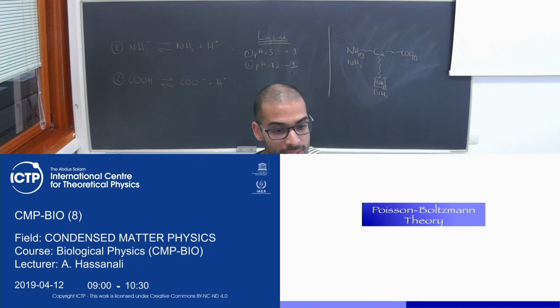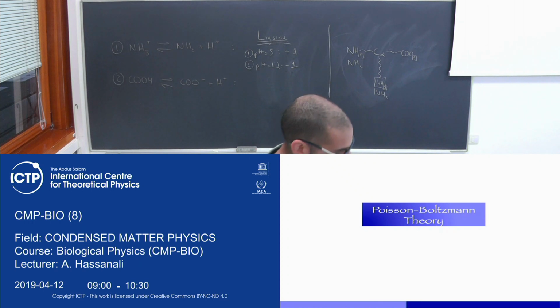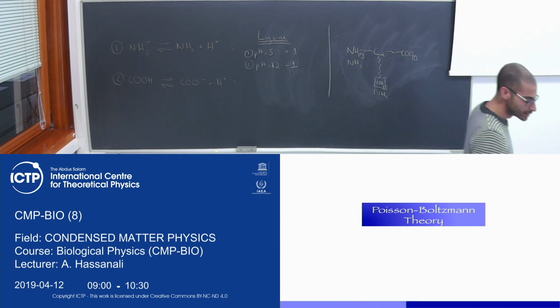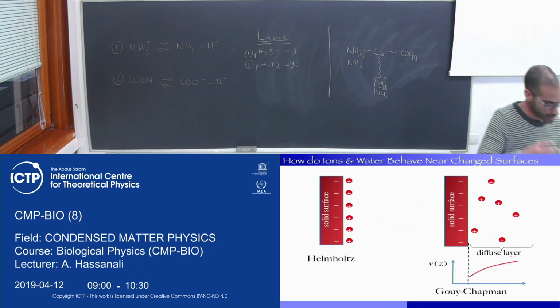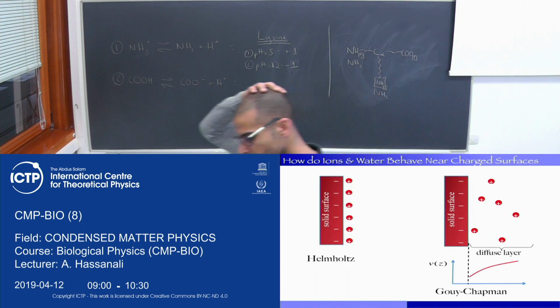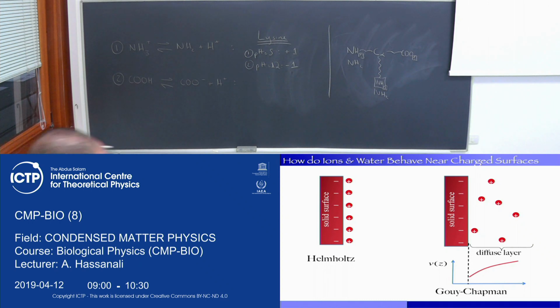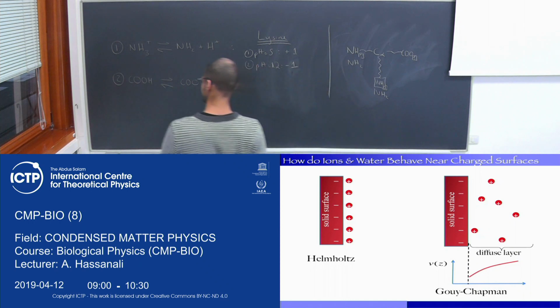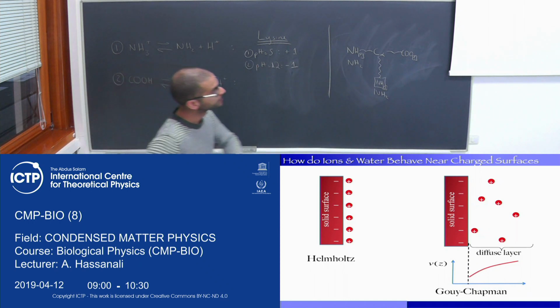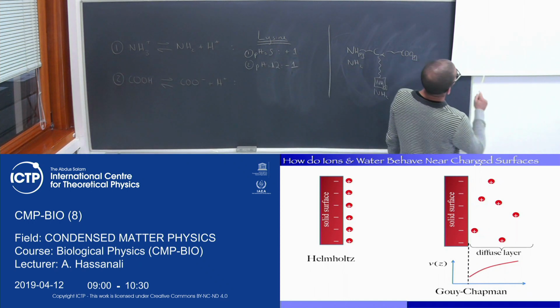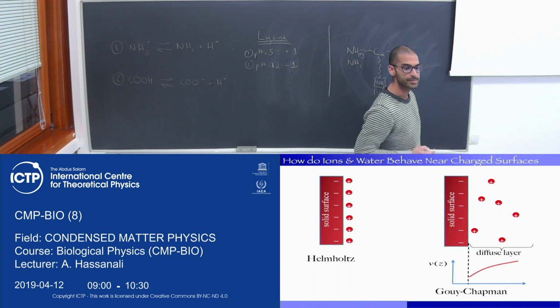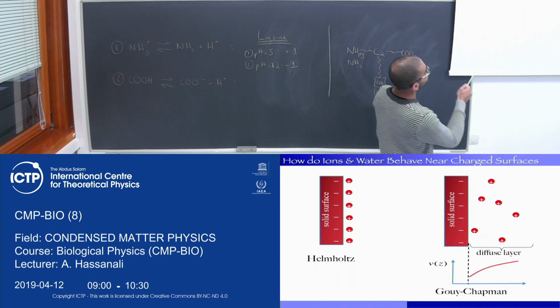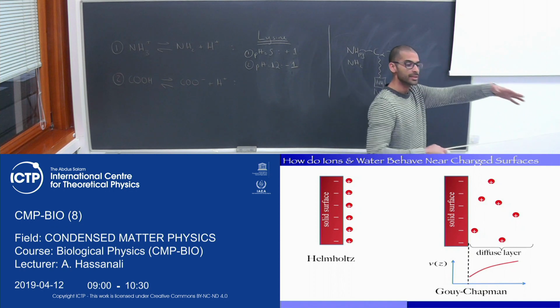What is the distribution of ions? Does it have any special or particular properties? How can we think about it? Now, this is let's say a very standard problem in electrochemistry, which is the following. So I have a charged surface. Okay, let's say I have a negatively charged surface, and I want to know how do the counter ions distribute